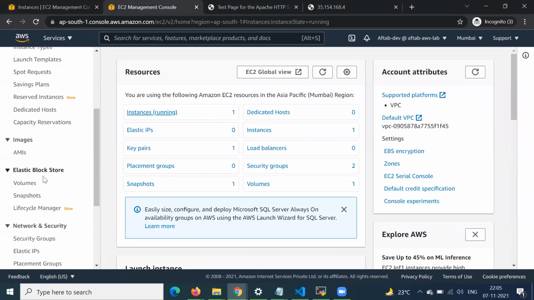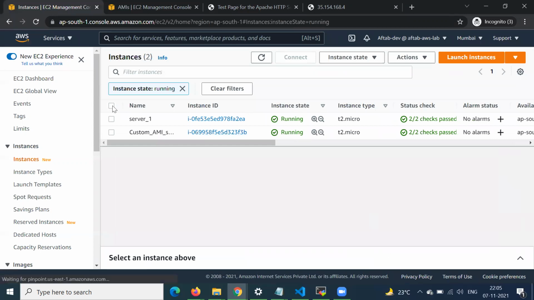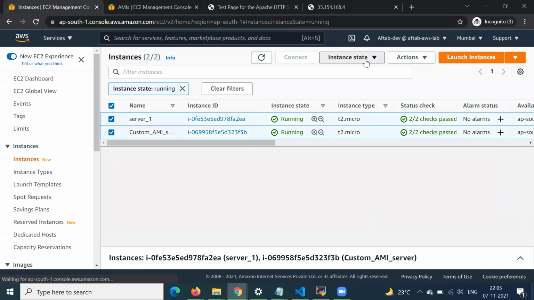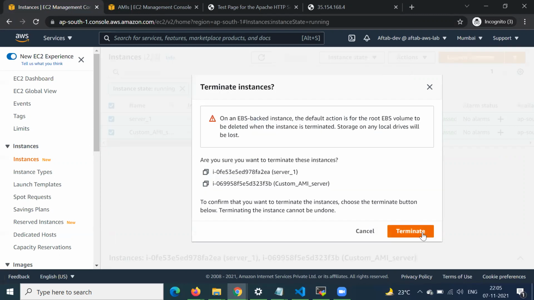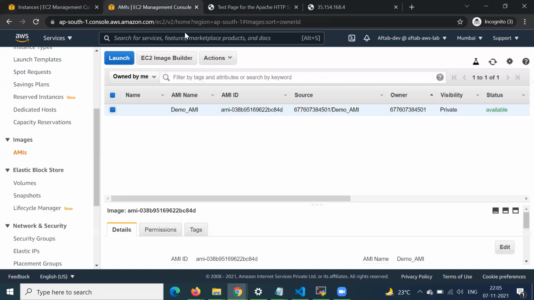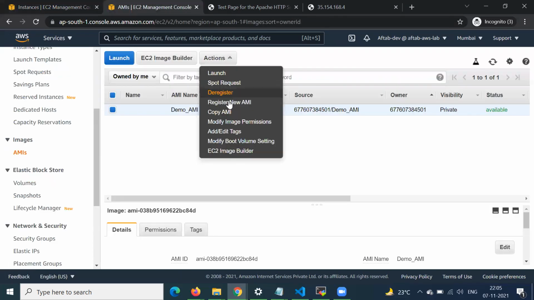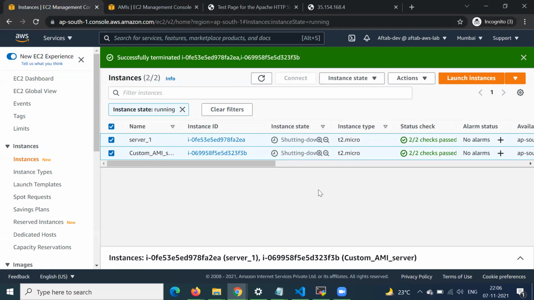As you can also see in this AMI section, this image is available. So first, terminate this running EC2 server, and then delete this AMI. You have to deregister it first, and then you will be able to delete it. Okay, now it's deleted.